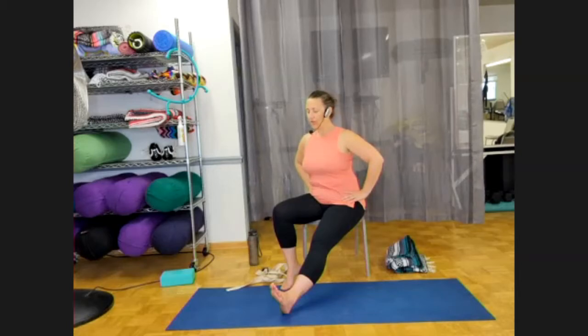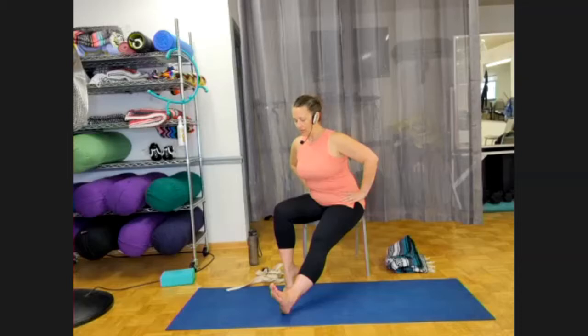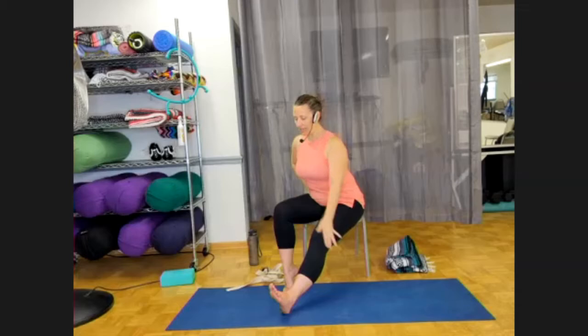Deep breath. Exhale, forward an inch. Deep breath. Exhale, forward the last inch. Hold and breathe. Keep the foot flexed, keep the knee soft, lengthen through the crown of your head, draw the